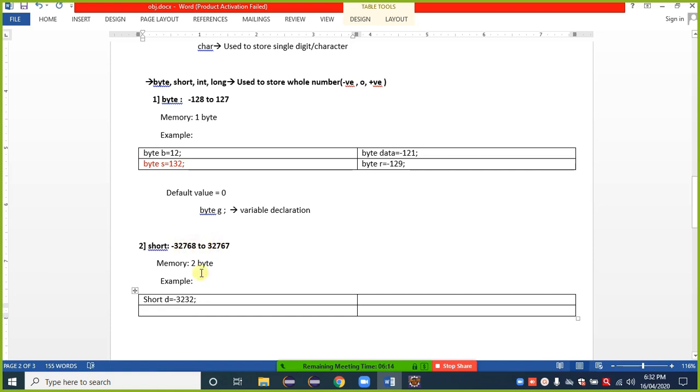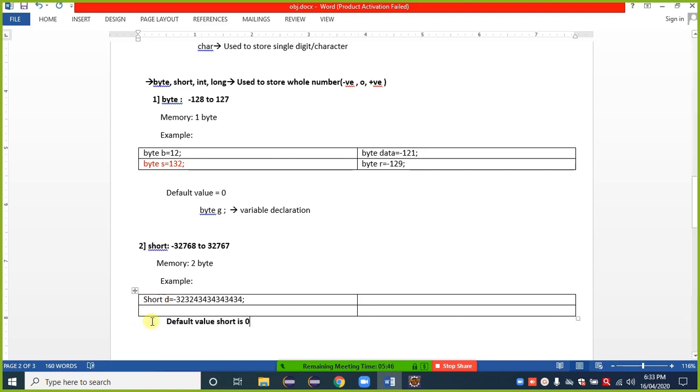If I cross this range, then that value cannot be stored using short. We get an error as a type mismatch. Then what is the default value? The default value for short is 0.